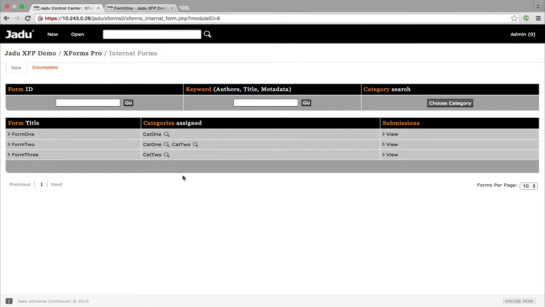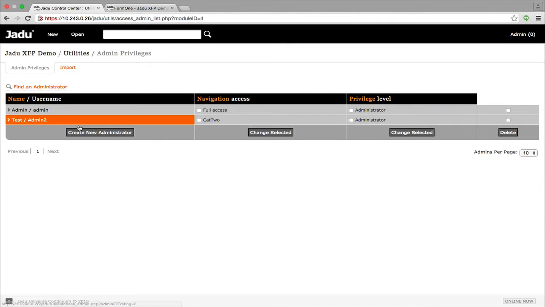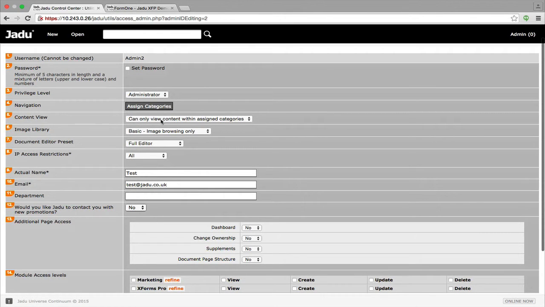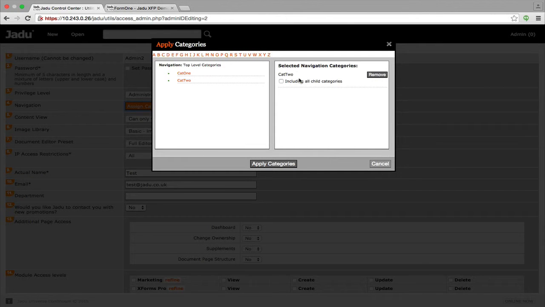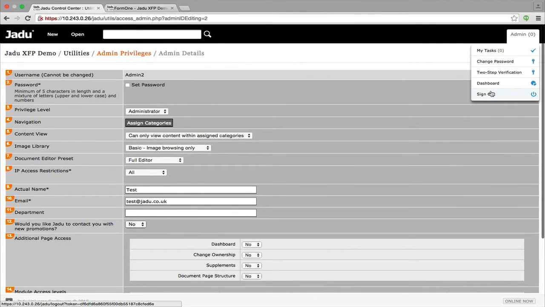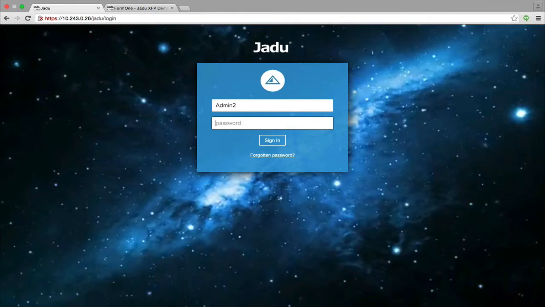That's because this user has view all content permissions on their administrator privileges page, whereas if we have a look at another user, say this test user, they can only view within assigned categories, and they only have category 2 assigned. So if I was to sign out and sign back in with this user,